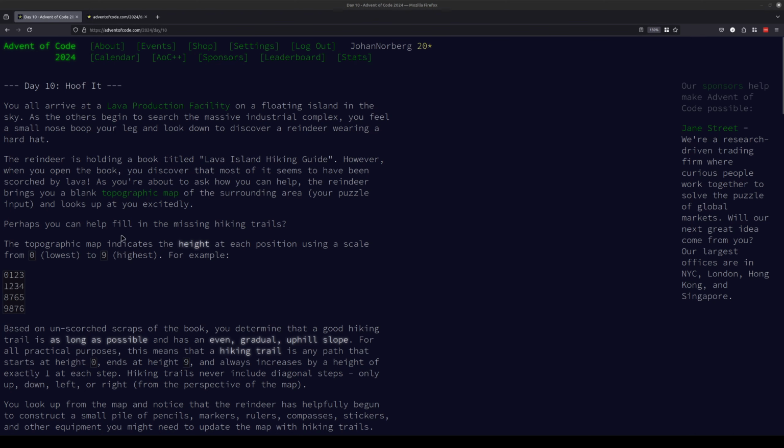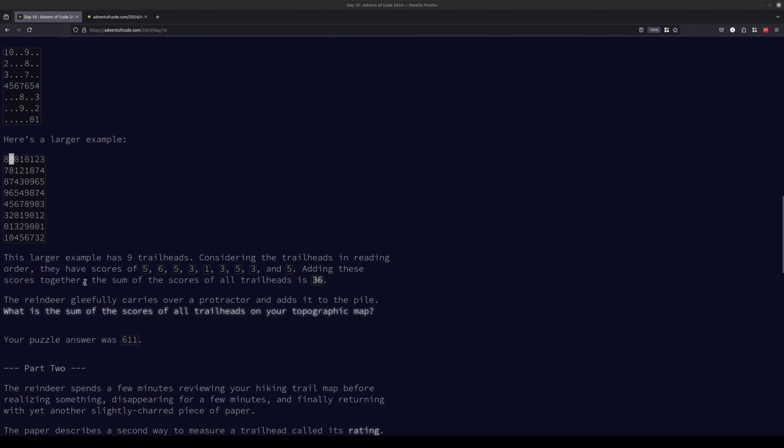All right, day 10. You get the input. You want to find every 0, and then you can only go increase by 1, and you want to see how many 9s you can get. And I, like everyone else, solved it, misread it, and solved part 2 before part 1. So we'll write code that solves both the second and first. So spoiler alert, in part 2 we want to see how many ways we can find